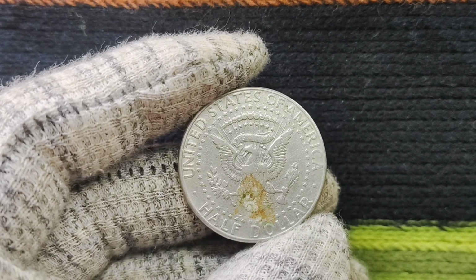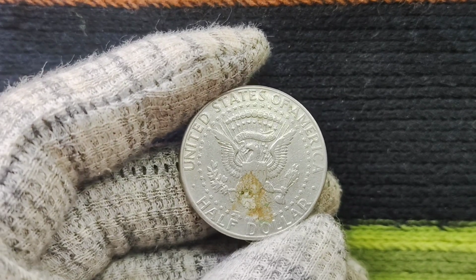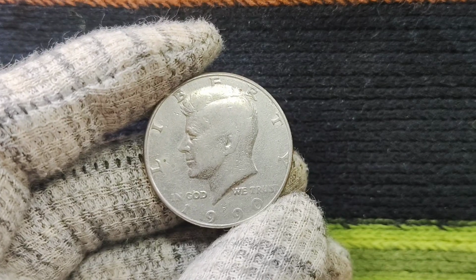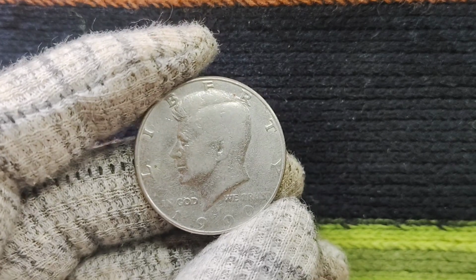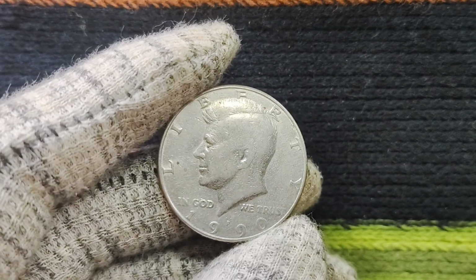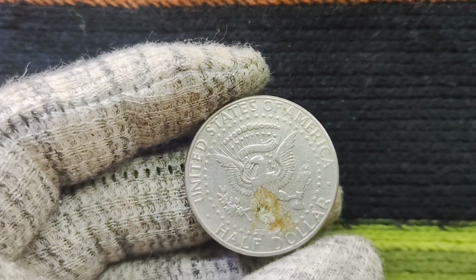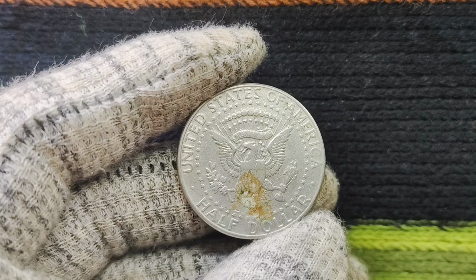So, why does a small error make the coin worth so much? The answer lies in rarity and demand. There are only a few of these error coins in existence, making them incredibly hard to come by. The fewer there are, the higher the demand from collectors, which in turn drives up the value. In fact, some of these rare 1990 Mint Mark Kennedy half-dollars have sold for well over $1 million. This is due to the sheer rarity and the fact that coin collectors are always looking for that elusive piece